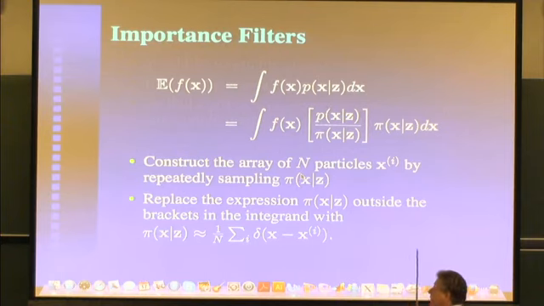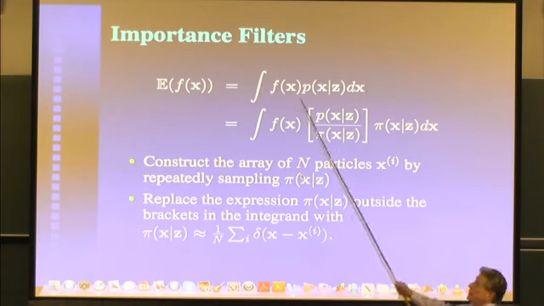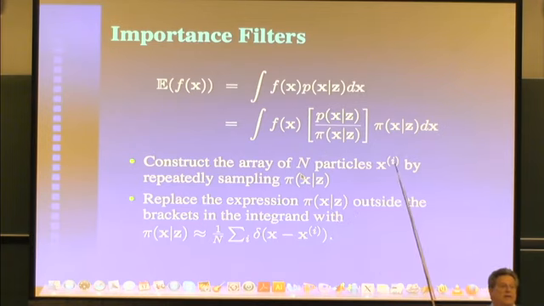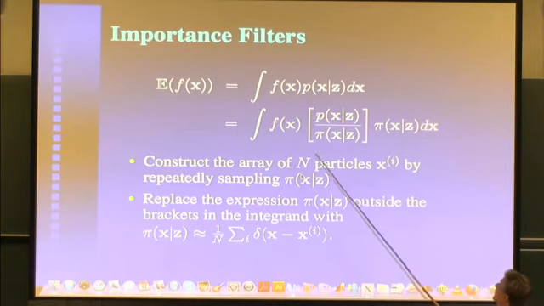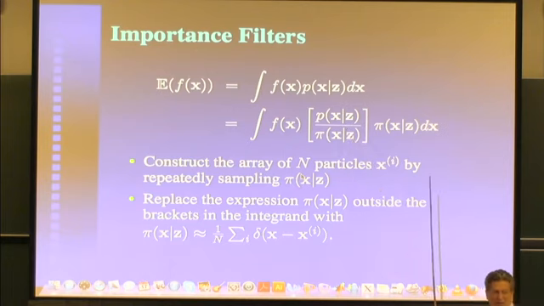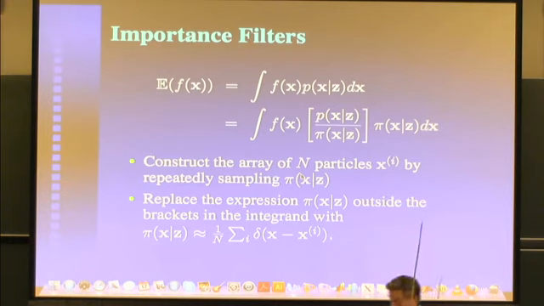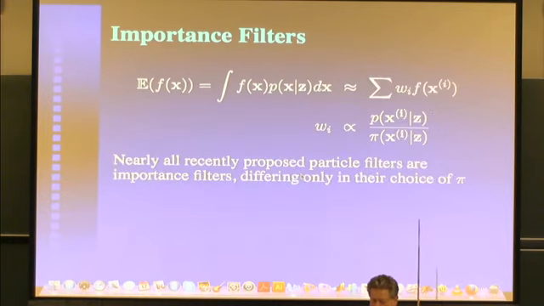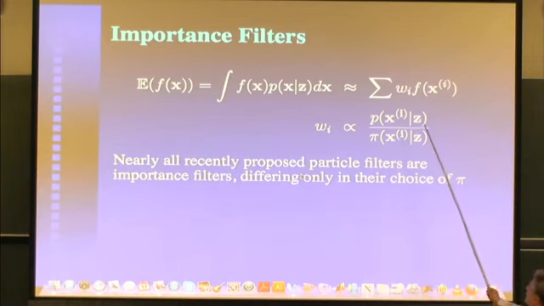And so the expectation of any quantity, if you want to calculate a mean or a standard deviation or something like that, or covariance or what have you, then you'll want to calculate this thing. And so then you simply say, well, okay, I'll keep this quotient because I'll assume that I can calculate it or something like it, and I'll replace this thing by my sum of delta functions. And now I have something I can actually compute. Maybe not computed very well, but at least I have something I can compute. And so importance filters all look something like that.